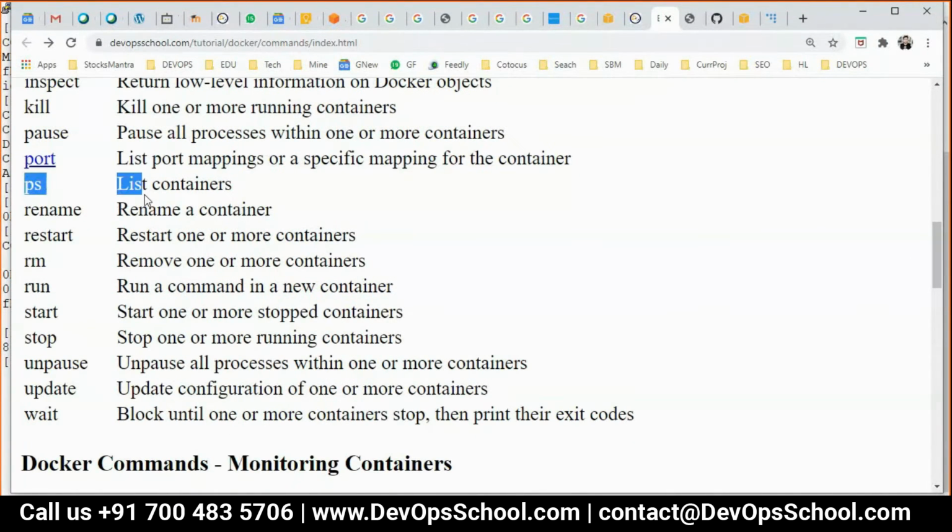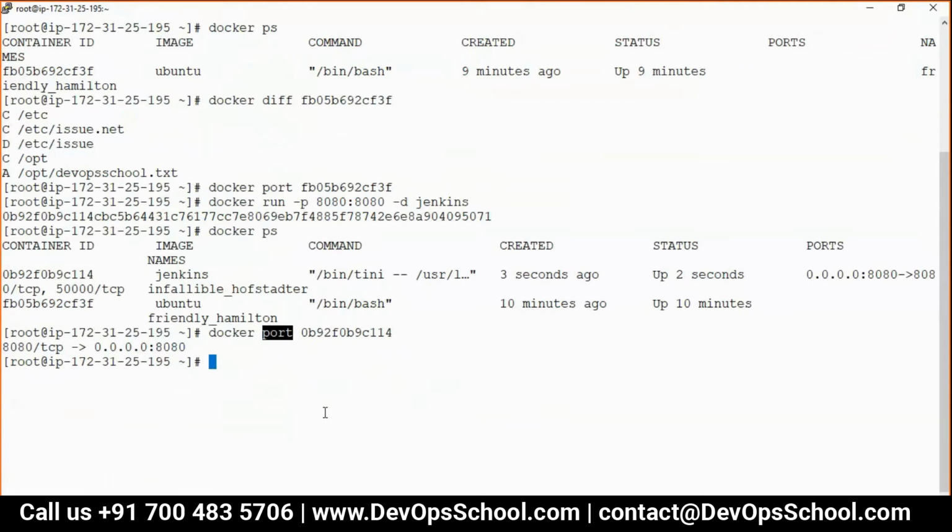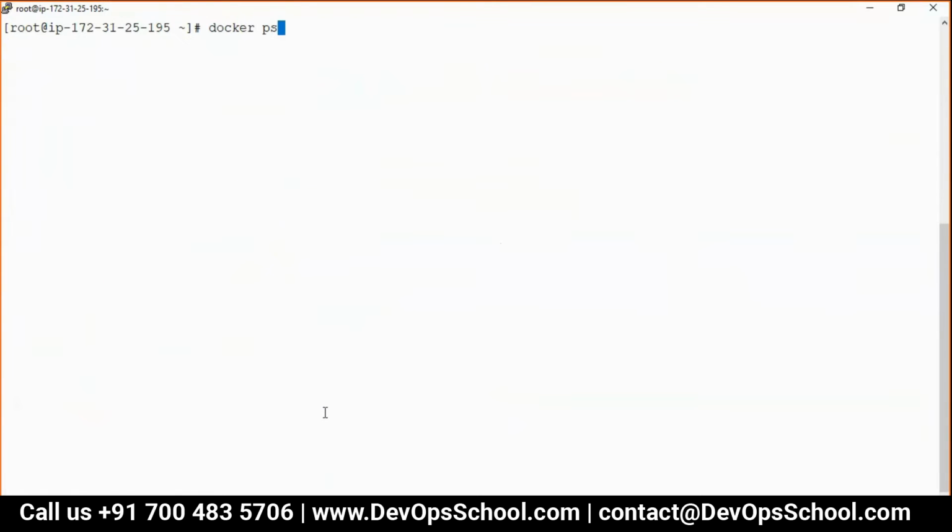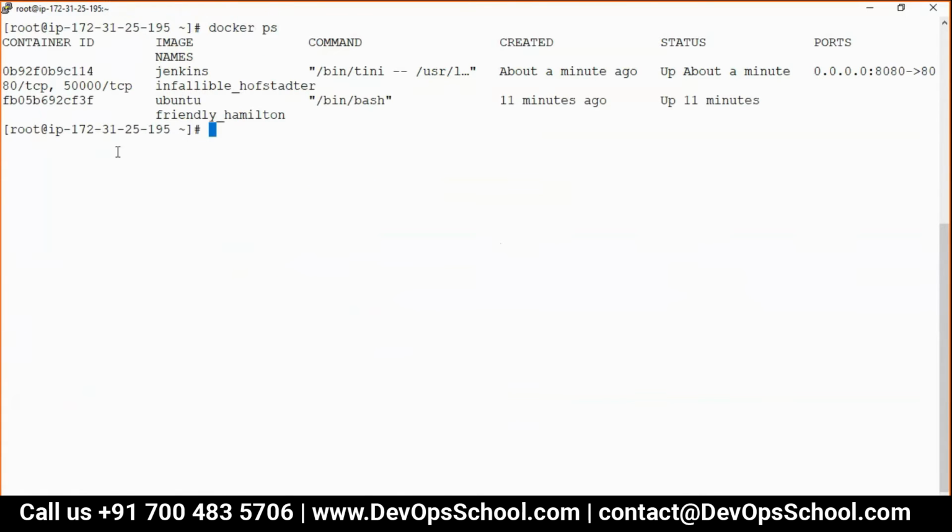Docker ps command, I did this. Now rename command. What is the rename command? So guys, you might have seen this one actually. If I show you docker ps, every container has some different name. This container, you get this name. This container, you get this name. So actually the concept is very simple.